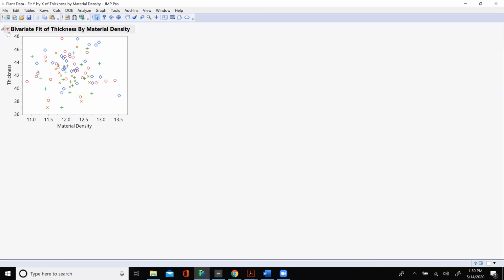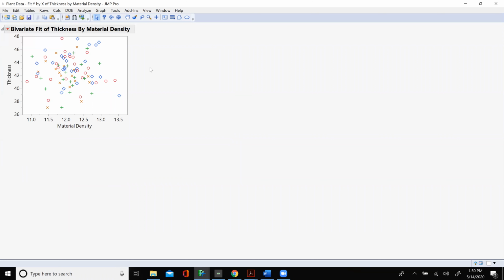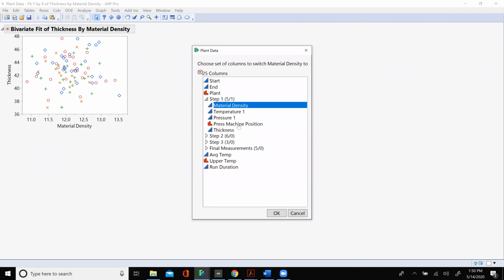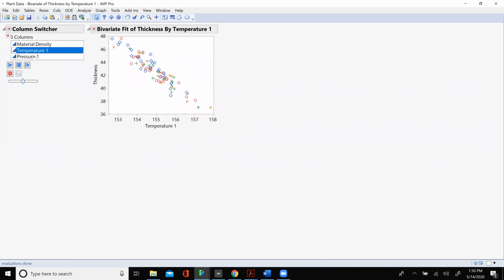Hey, team, that is called the column switcher. In different parts of JMP, it'll be right there in your menu and toolbar, and it'll look like 2 columns next to each other. And you can say what column to switch out, material density, and what do you want to switch in? All 3 of these. And you can switch between these.